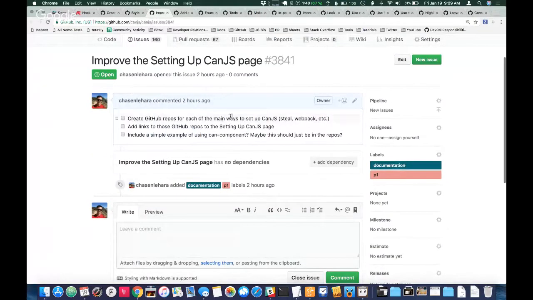Also on the setting up CanJS page, sometimes people just want to clone a GitHub repo and have the packages set up and what have you. So we want to create repos that serve as an example for how you can get started with CanJS and add those to the setting up page. Then maybe include a simple example of how you create a component. And with the auto mounts, you can just, like Kevin showed, have that in the page. So show a really easy way. Here's how you can set up a really simple CanJS